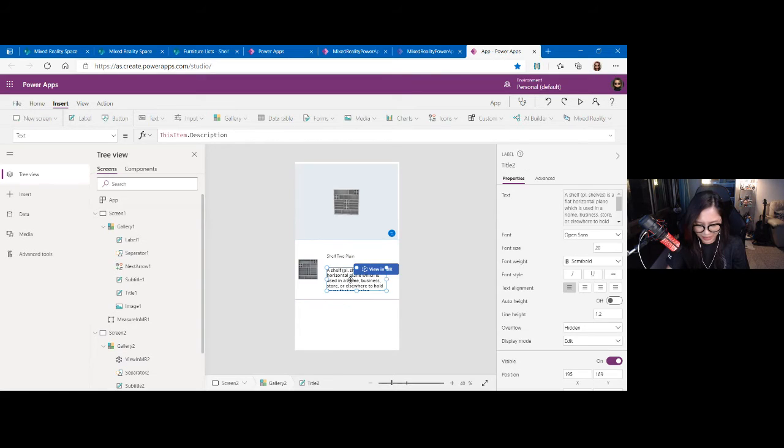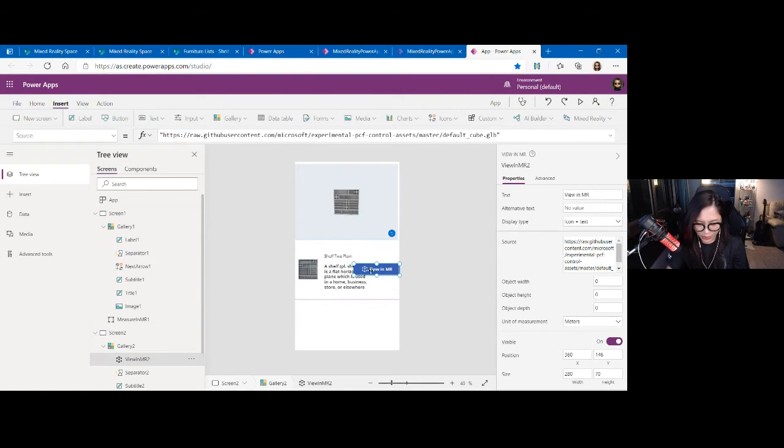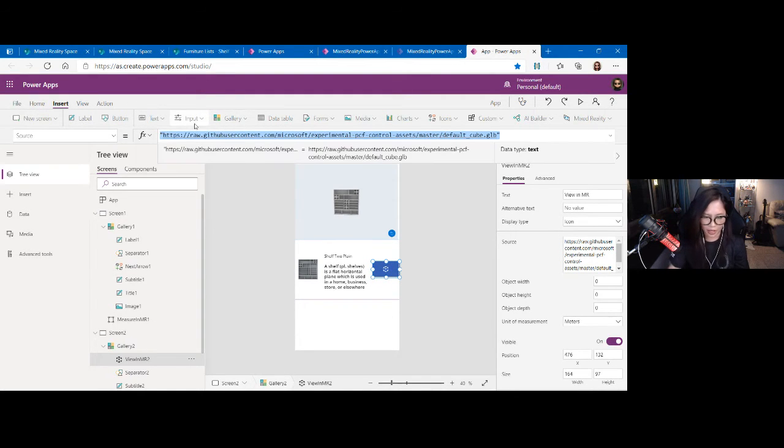Okay, so what it does is, if you click this view in MR, it will open a live feed camera in your phone, and then it will view the object in mixed reality. The properties are the same as the measurement in MR, but only some certain fields have not been added, especially the measurement. This one has the same display type, so you could use icon plus text. I'm going to use the icon, and then the source could be the 3D object that I have.